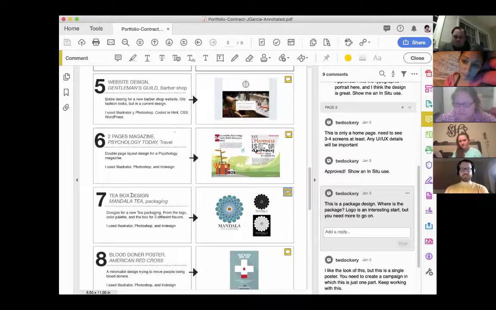Like this. This is a tea box design for mandala tea. This is package design. Where's the package? Logo's interesting, but you need more to go on. So don't just give me a logo and say it's going to be a package. Well, show me something. Okay. Like if you guys are working on the Joe Van Gogh, you'll have a logo. You will have some packaging. The final for that is a whole range of mock-ups. So even though you may not have it now, show me what you're going to do,